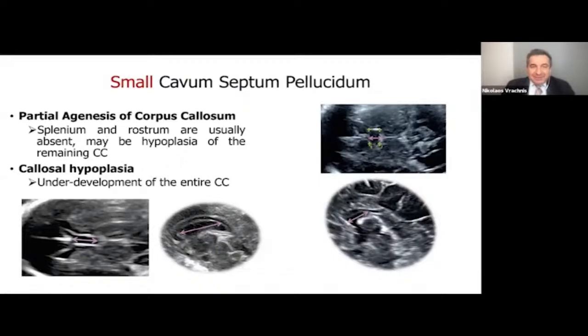If we have partial agenesis of the corpus callosum, that is in the case of a small cavum septum pellucidum on the axial view, the posterior parts of the corpus callosum are usually absent. There may be hypoplasia, as we understand in these cases, and these will be initially visualized by just checking